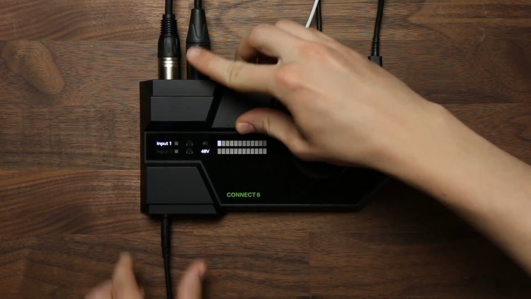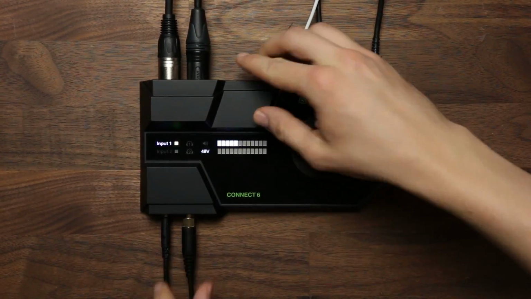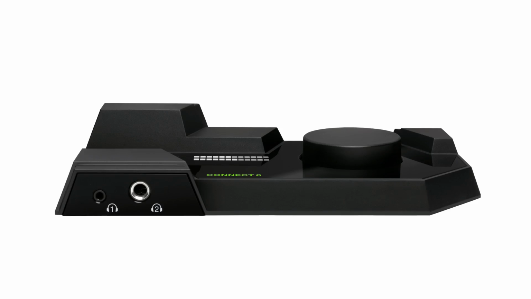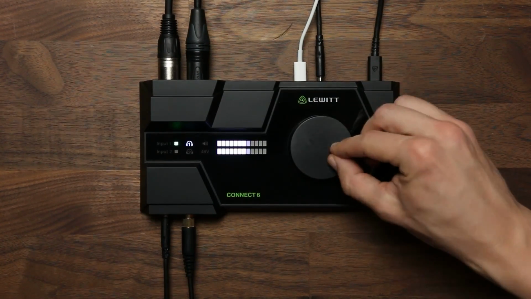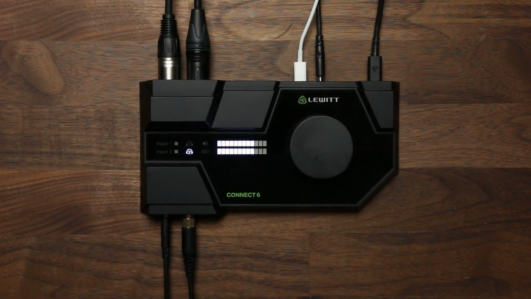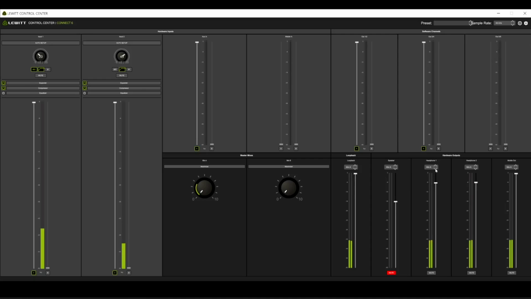Some interfaces have only one headphone output, some have more than one. The Connect 6 has two headphone outputs, and each one can play its own unique mix. If I wanted to have separate headphone mixes, I'd select Mix A as the source for headphone output 1 and Mix B as the source for headphone output 2. Then I'd use the Mix A and Mix B fader on each input source to determine what plays through each